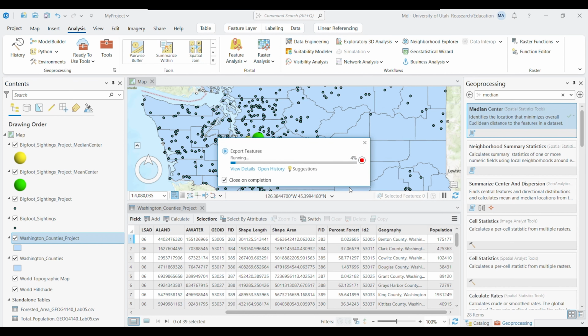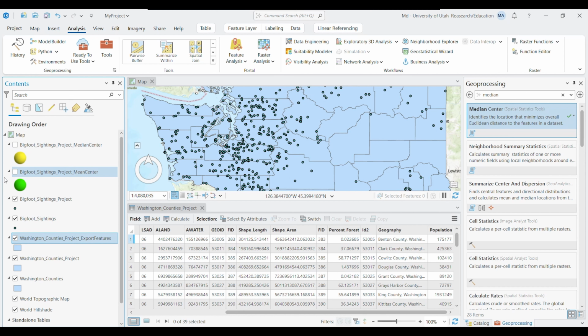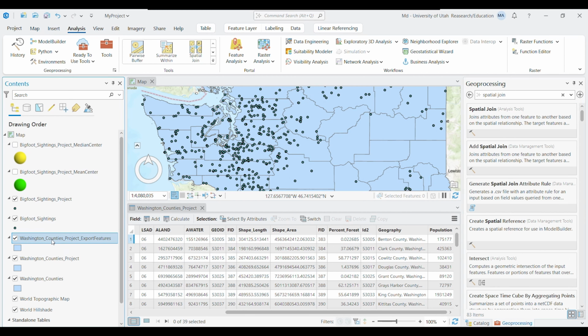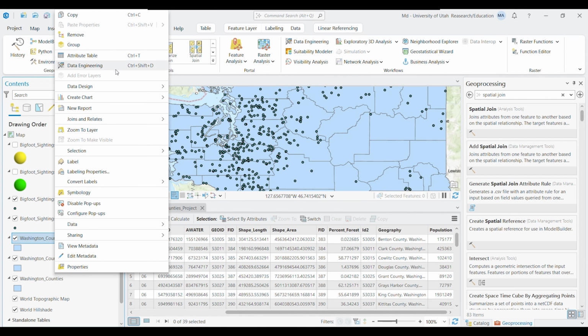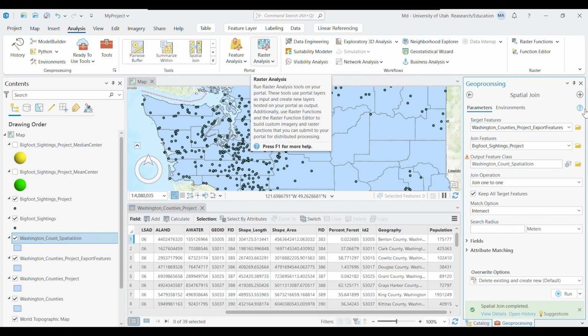With the projected one, first of all, you have to export the features for the Washington counties. So I just exported the features. I saved another shapefile with all the attributes I joined. Now you will search for spatial join, and not this one, not this add spatial join. We will just get that spatial join tool and work on that. The target feature will be the Washington counties exported feature, and the join feature will be the projected Bigfoot sightings